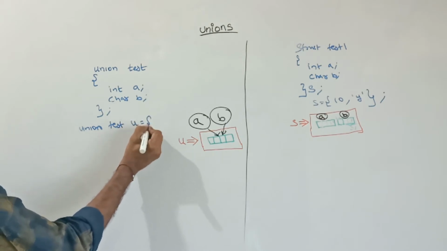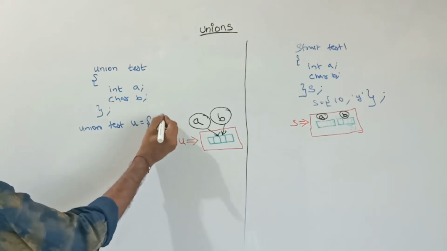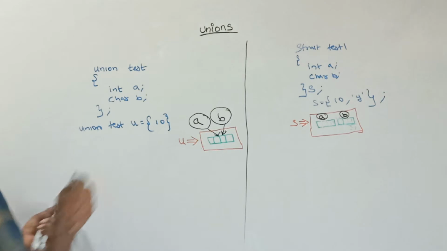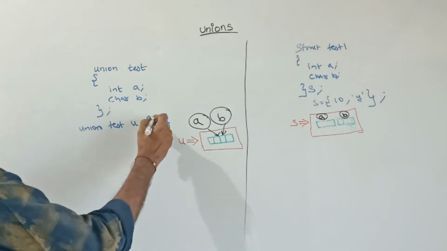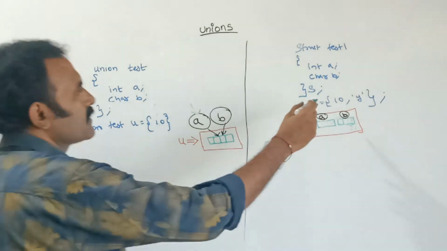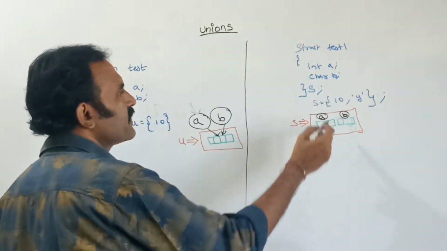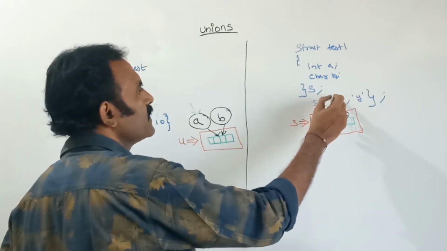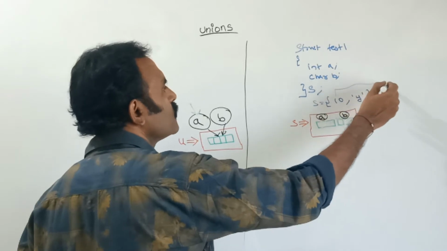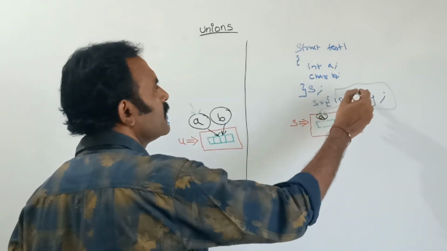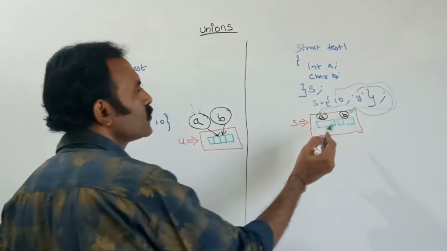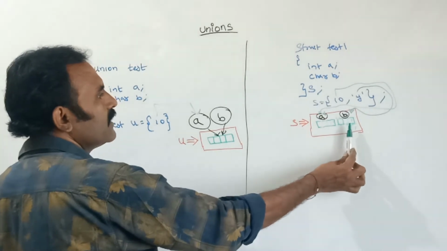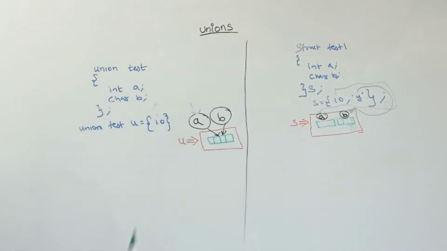Here for u, suppose I am giving the value 10, then according to the first member, this value will be assigned to the first member. But here it is not like that. As I am telling in the structure, as it has different memory space, here the first member will be stored to A, and the second, this Y, will be stored to B. So this memory content will hold the value 10, this memory content will have the value Y. This is the main difference.